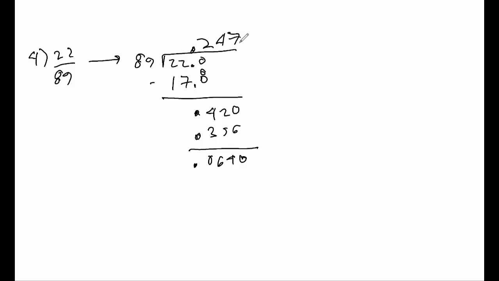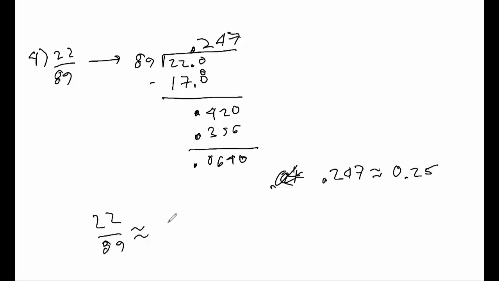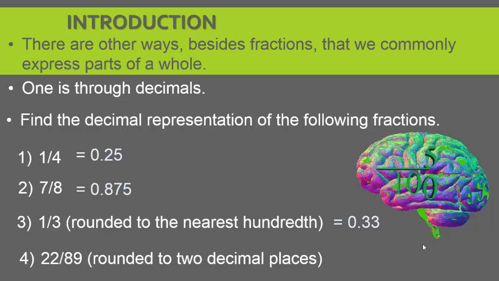So this will tell us, so I'm not going to bring it any further than this because I already know, since I only have to bring it to the second decimal place, or the hundredths place. So I know that 0.247 is approximately 0.25. So this means that 22 over 89 is about 0.25. Returning to the PowerPoint, we found that 22 over 89 is approximately